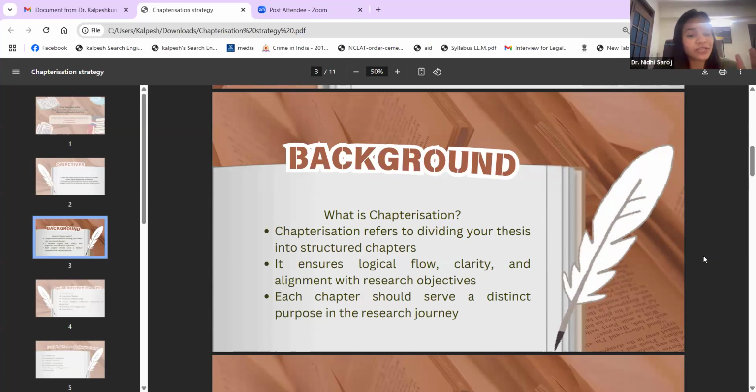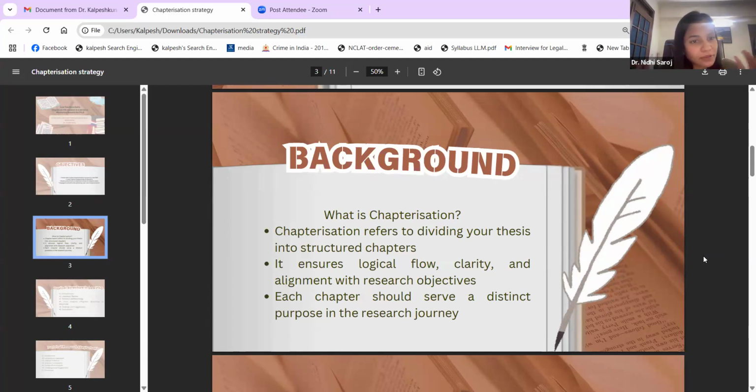Furthermore, each chapter should have a distinct purpose. Each chapter should answer a research question, and each chapter should be aligned with a research objective. I always feel that you should make a table: research question, research objective, and chapter. Research question number 1 is connected to which research objective, and which chapter addresses it? Research question number 2 and research objective number 3, are they connected to each other? If you make this table, it will be really meaningful and fruitful to you, and I am sure that with this you will be moving in the correct direction.